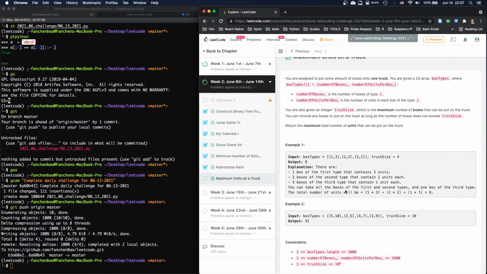So it's going to be a 2D array, right? So box type, and the number of boxes. Hold on. The number of boxes. If you have one box, if the truck size is 1, then we know which one to put. If the truck size is 2, right? If the truck size is 2, we need 2 boxes, right? Then we say we can put the box,